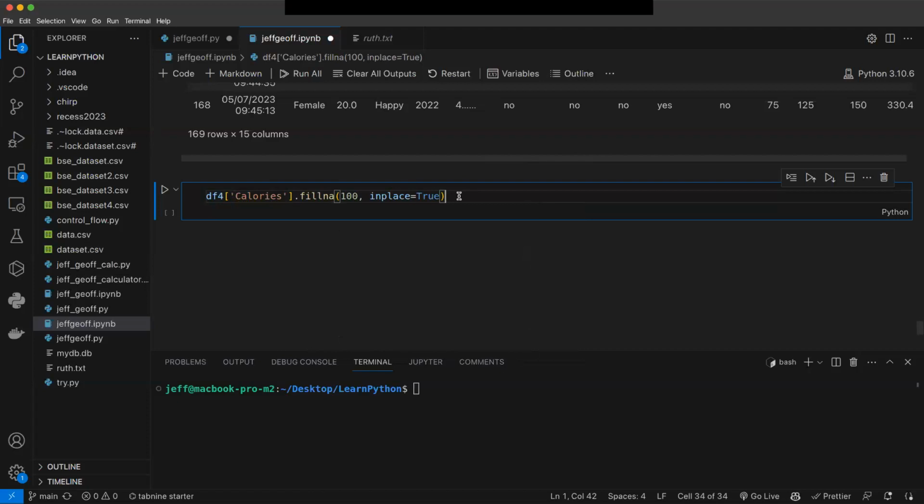To confirm it, you can just run df4 only. You'll see it now contains 160 rows, which was the value we got with the dropna function. But when you rerun it,